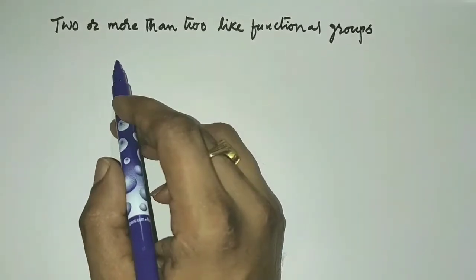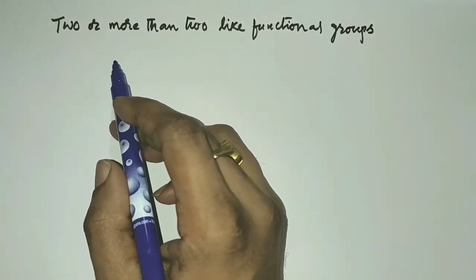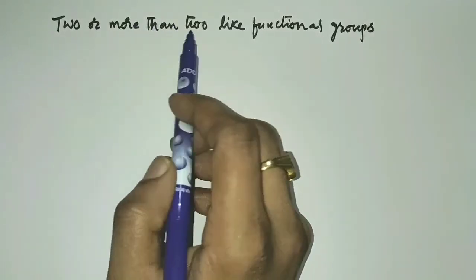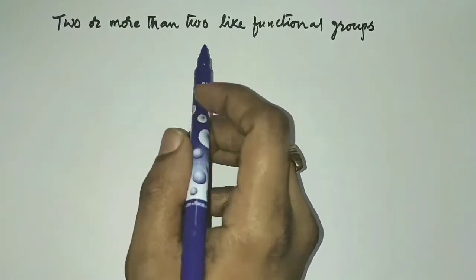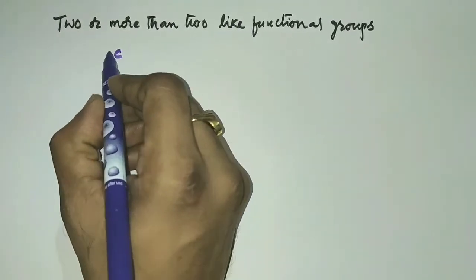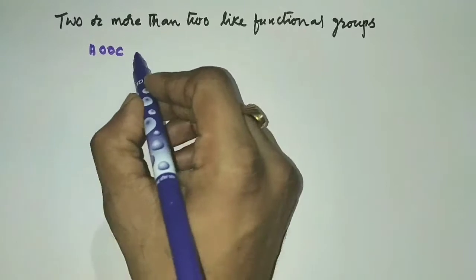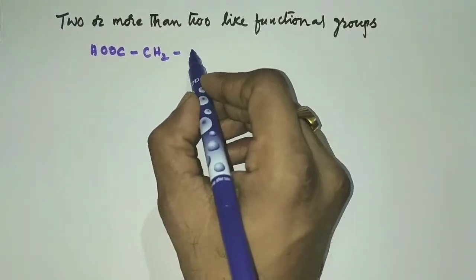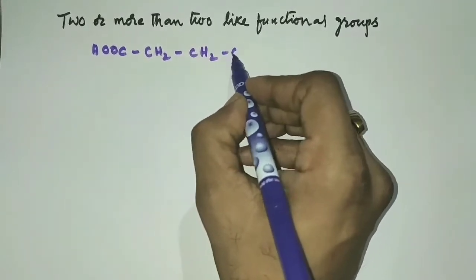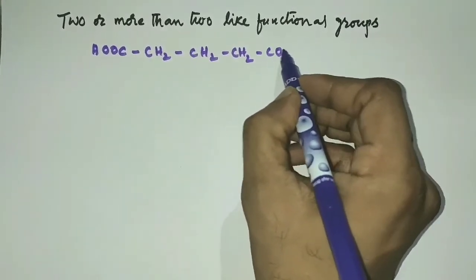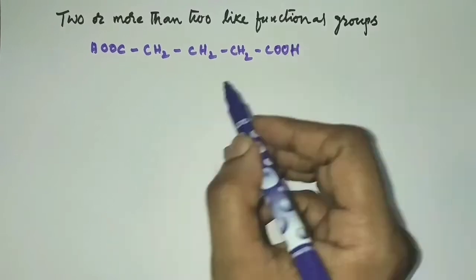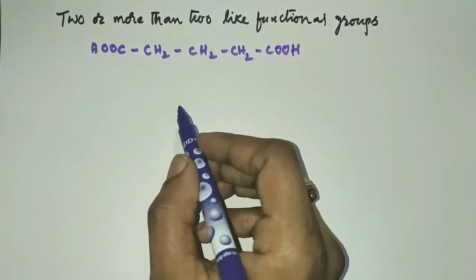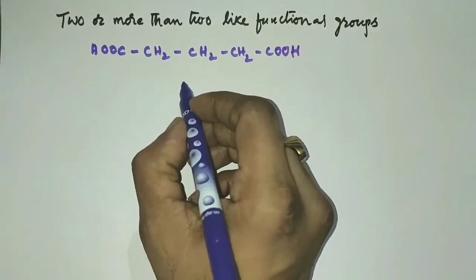In this video, I would like to tell you how to give IUPAC names to the compounds containing two or more than two like functional groups. For example, I am taking a compound with this formula COOH, CH2, CH2, CH2, COOH, and in the IUPAC name of the compound there are mainly 5 parts: